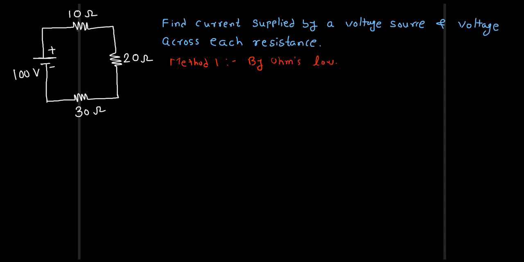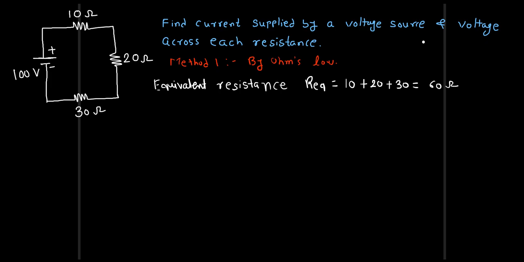So we can determine the equivalent resistance of these three resistors. So R equivalent or the equivalent resistance. So we can write here. So equivalent resistance for series connection, we know that equivalent resistance is sum of all resistors. So 10 plus 20 plus 30, so that will be equal to 60. Okay, so this is the equivalent resistance.